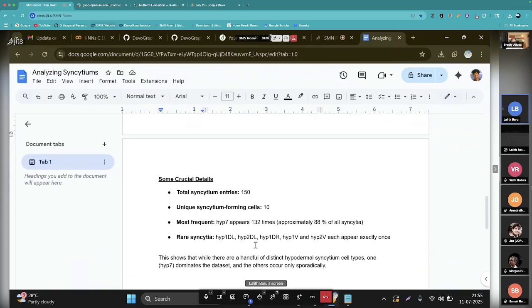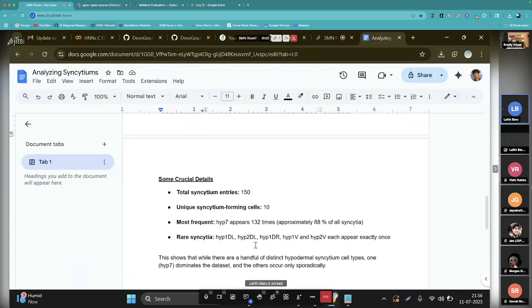I understood that this handful of distinguishable hypodermal syncytium cell types can dominate the dataset. This domination might lead to, I don't know, but when we visualize it, maybe it will make more sense: why some are more in number, and why others are rare.